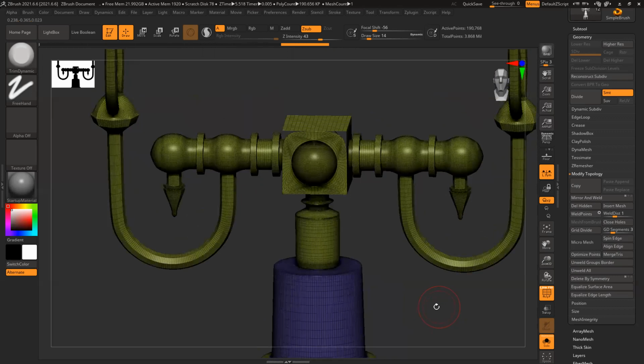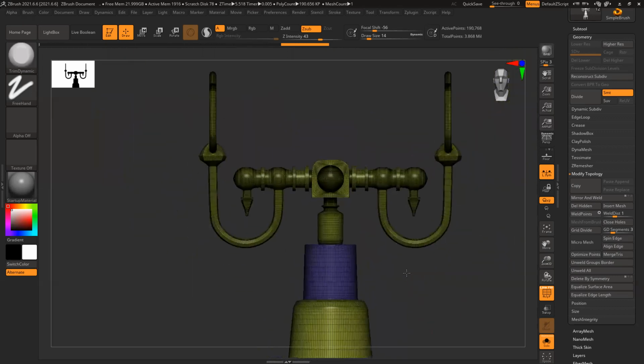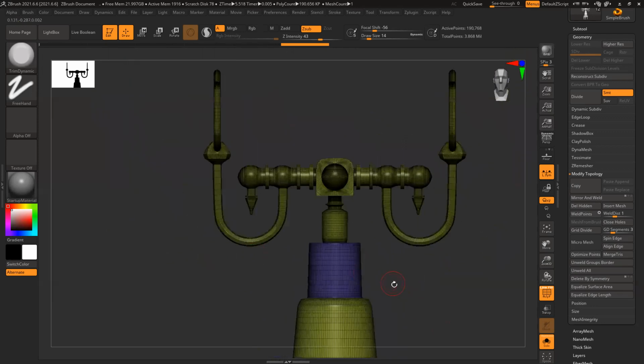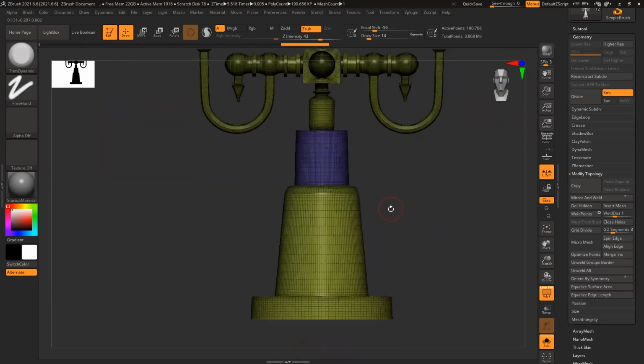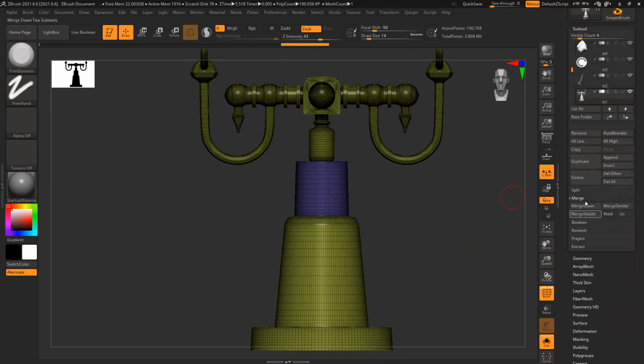So that is something, if I want, I can definitely do it. Or I can save, or if I want to keep it like this only, that is also fine. Because base and these two kind of same only. This one has design. This is also kind of smooth. So better if I separate this one. So I'll go to sub tool, split, group split.